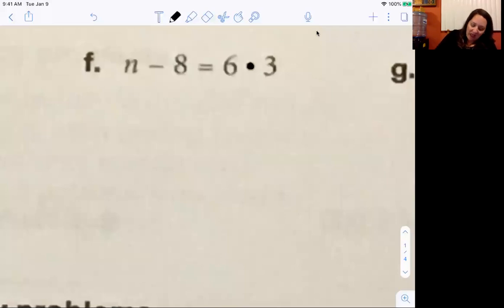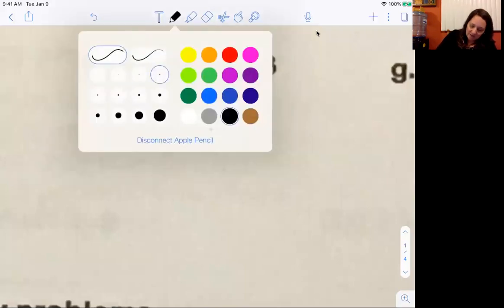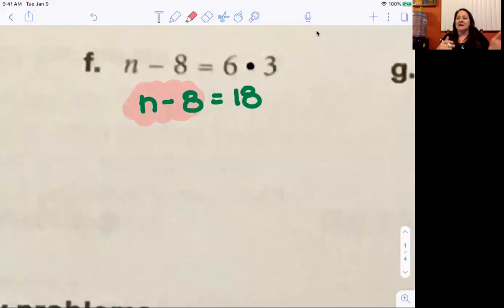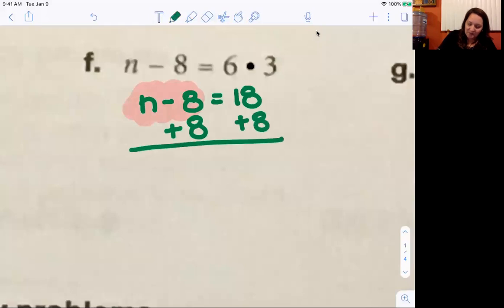Let's do that. N, actually I'm going to use a different color. n minus 8 equals, what is 6 times 3? 18. Now, I have an n minus 8. What's the opposite of subtraction of 8? Addition of 8. Good, we're going to isolate that variable by adding 8 to both sides of this equation. When I do that, I bring down my n. Minus 8 and plus 8 cancel each other out. n equals